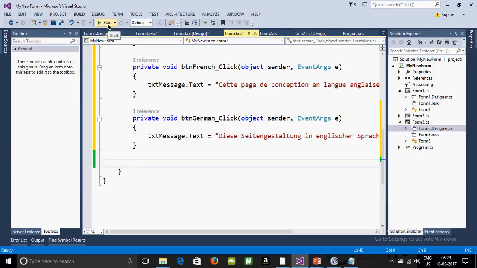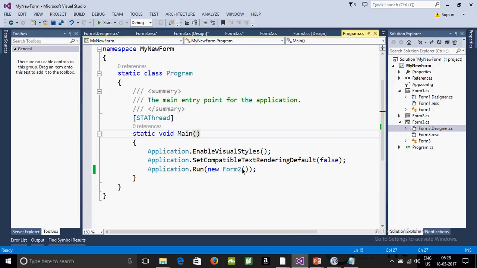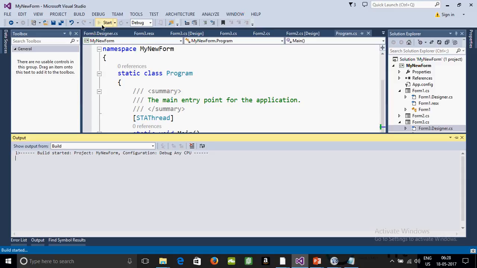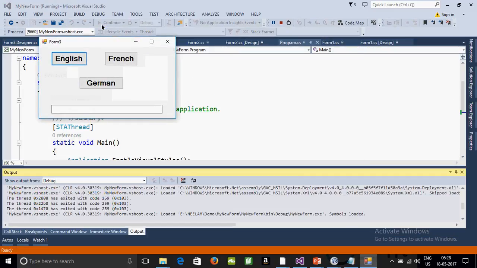Now I start. So when I started, which page does it run? By default it runs Form 2 because in Program.cs Form 2 is mentioned. So I have to change that. Here I change this to Form 3. I have to run Form 3, start. First of all, English. So this page is designed in English language. I want the same message in French,